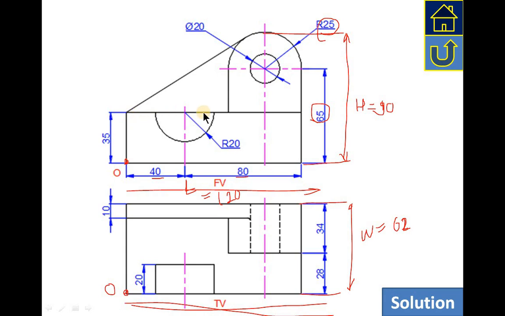Then this is a flat slab of height 35 mm and total width 62 mm, on which this is resting, and the rib is also resting. But this slab is cut here in a semicircular fashion, and the width of the semicircular cut is 20 mm, where the radius of the semicircular portion is 20, that means the diameter is 40. The center point of that is 40 mm from this corner and 80 mm from this corner.